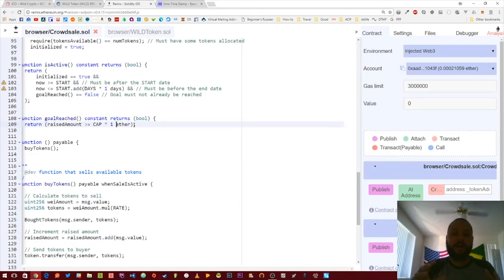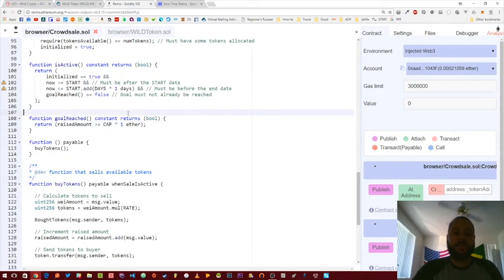So all Ether values in Solidity contracts are represented in Wei, which is the smallest denomination of Ether. So think of it like cents to the dollar, which is probably the best way to think about it. But Wei to Ether is like a really huge number. So the easiest way to work with that is just to multiply it by one, and then the Ether keyword,